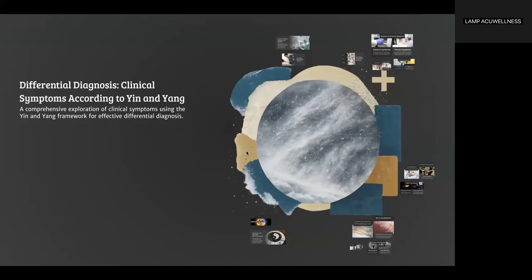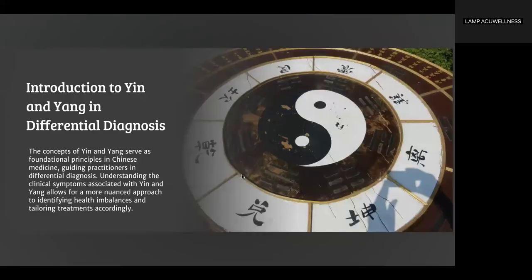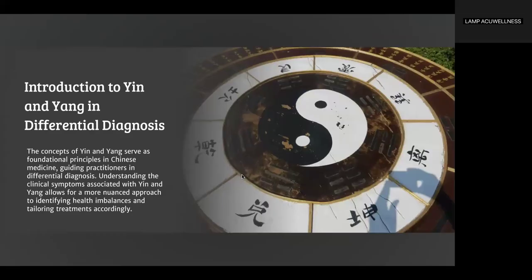Differential diagnosis, clinical symptoms according to yin and yang. A comprehensive exploration of clinical symptoms using the yin and yang framework for effective differential diagnosis. The concepts of yin and yang serve as foundational principles in Chinese medicine, guiding practitioners in differential diagnosis. Understanding the clinical symptoms associated with yin and yang allows for a more nuanced approach to identifying health imbalances and